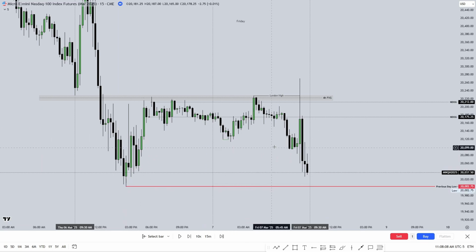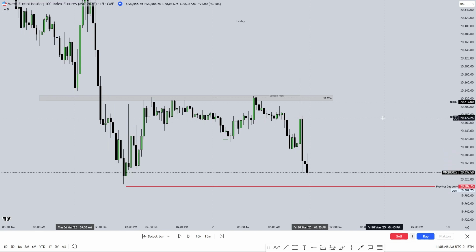Just because we took this low doesn't mean I'm looking for higher prices. I wanted to see this go lower. Okay. Took this low right here, and then on the release at 8:30, that is your NFP data release, what it did is it manipulated all of the buy side liquidity above here in that 4 hour fair value gap. Traded higher, giant wick, and then closed back within the range below the new day opening gap here as well. And the new day opening gap is just the closing price at 4:45 p.m. and the opening price for the next day at 6 p.m.